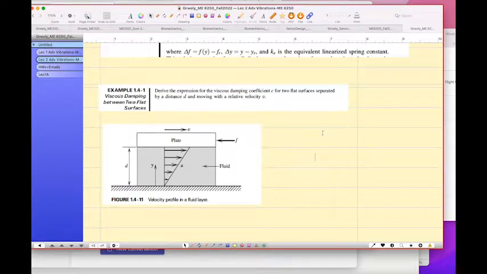This video is going to show you how to derive the expression for the viscous damping coefficient, C. So what is C equal to? It is a very useful method, because damping is involved when there is a thin film between the bearing